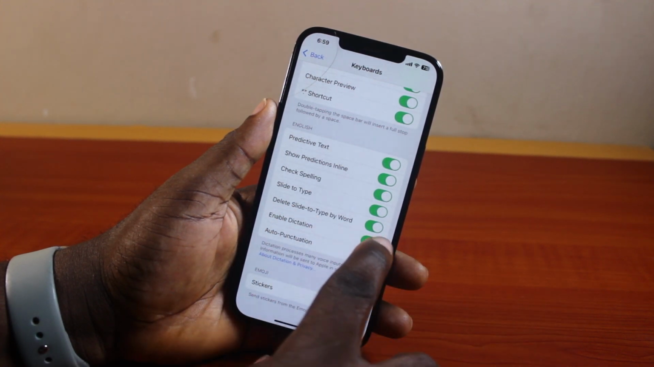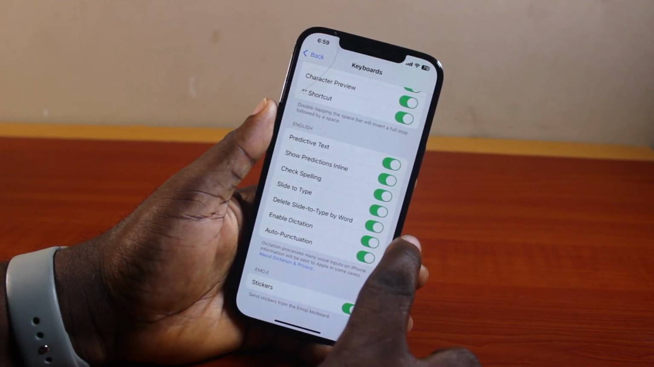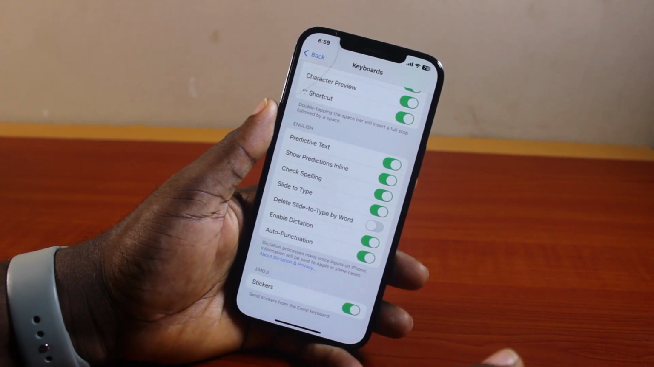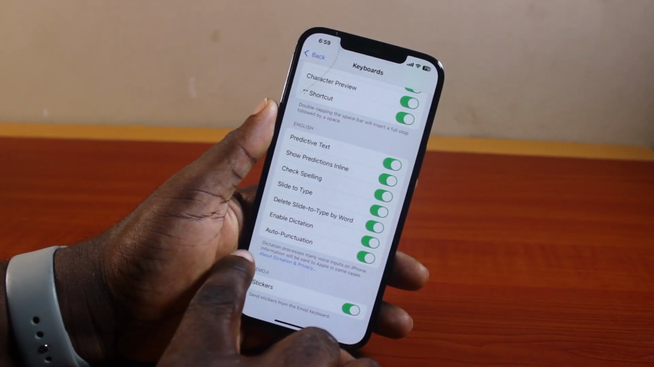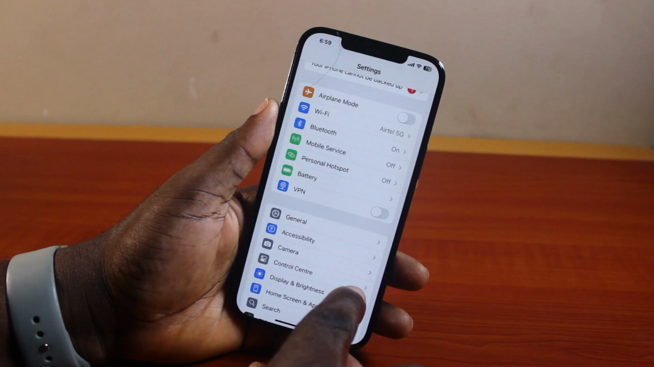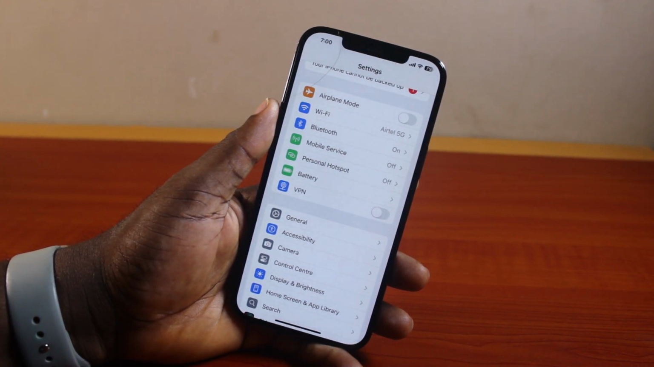If this is green, that shows it is enabled, and if it is grayed out, that shows it is disabled. So if you want to enable it, just go ahead and turn the gray button to a green button by clicking on it once. And if you want to disable it, just turn the green button to a gray button by clicking on it once, and then you're good to go. So that is basically how to enable or disable delete slide to type by word